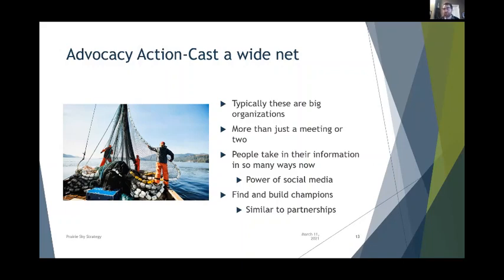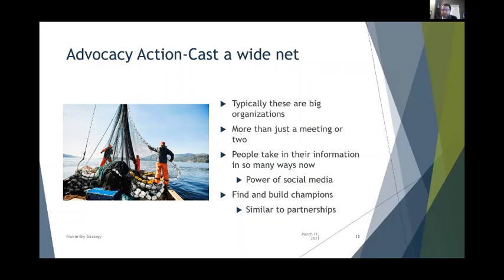As a gentleman with our group likes to say, a lot of organizations want to go right for the premier, right for the prime minister. He'll say, does that draw an analogy to the courts? That's like going right to the Supreme Court right off the bat. If you get a no from them, there's really no court of appeal or anything like that. So you're much better off to go, I won't say the low and slow analogy, but to talk to others. Don't just start right at the top. Talk to people within government, within the civil service, MLAs, and then gradually build consensus and get internal champions in government on your side as you work your way through your advocacy idea.